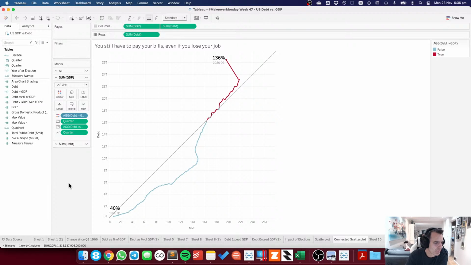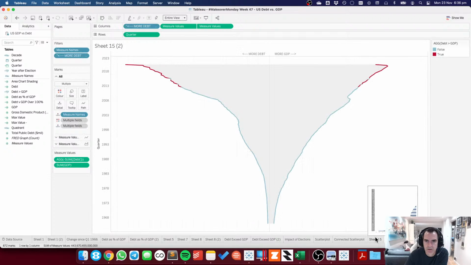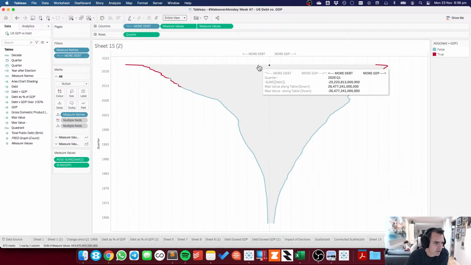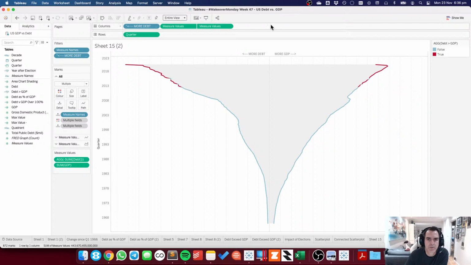Does it make sense that I'm putting a percentage on there where you added more debt and higher GDP with arrows at the top of the trend? Oh, okay. So what Hitesh is talking about is more debt and high GDP with arrows. Oh yeah, so you can always just double click in a shelf and just write it. If I drag that over now, it just saves it as a calculation, but it's the same idea. I'm just putting it in there as the calculation said.